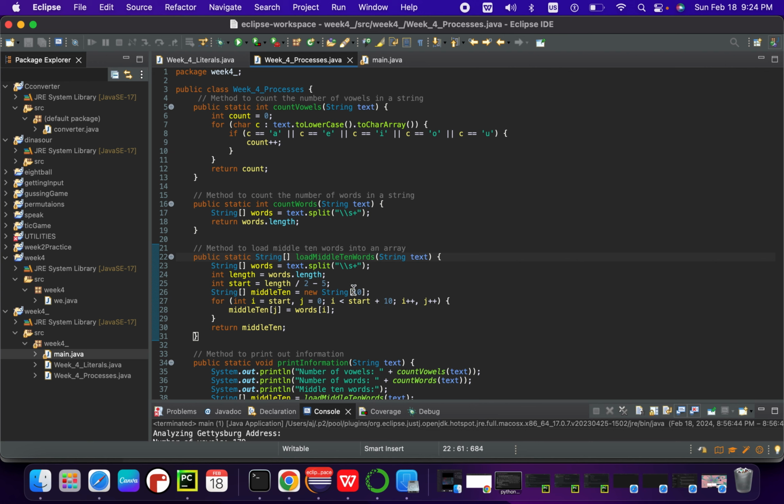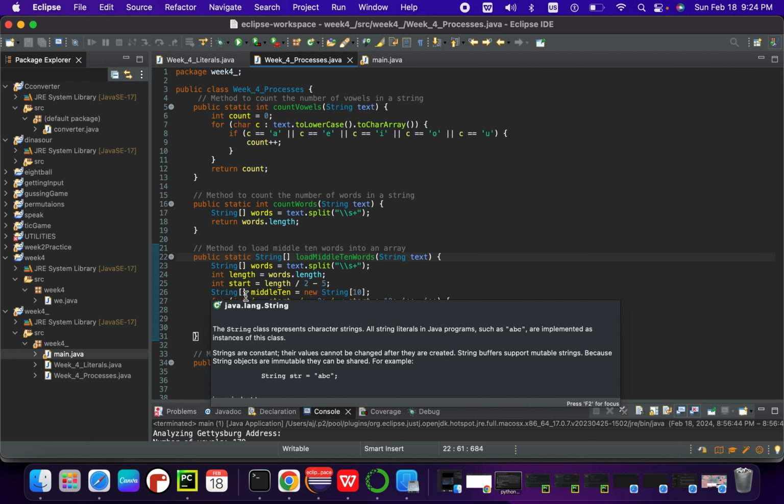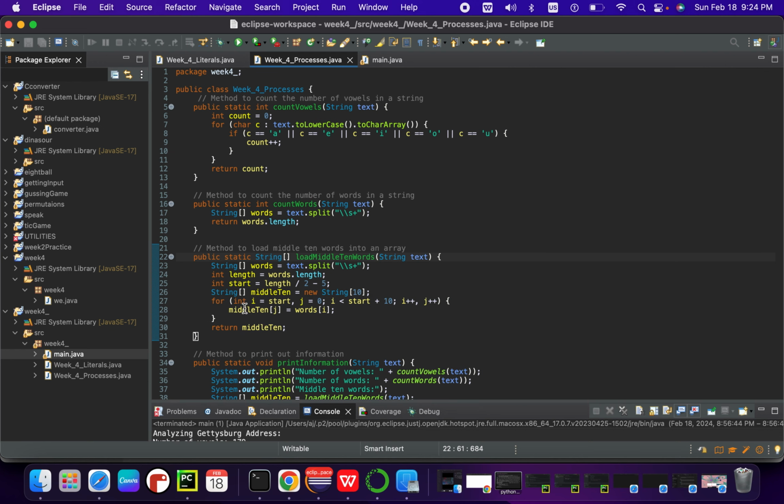This actually specifies how many elements will be in this array. And after that, I initialize int i equal to start, which is the start point, and I assume